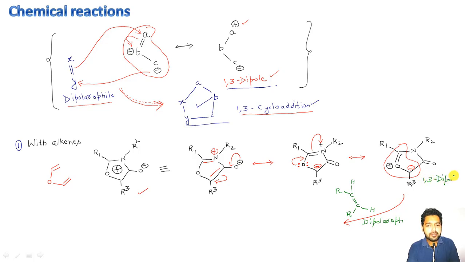Now what type of reaction is possible here? This 1,3 dipole and this dipolarophile alkene, they will react, giving a 1,3 type of cycloaddition reaction, and some sort of cyclic adduct will be formed here, okay? And how can I show that? I can show it like this, a concerted type of mechanism. This negative charge is attacking here. These electrons of the pi bond are going to this carbon atom, sending these two electrons onto the oxygen atom, a concerted type of mechanism, giving me what?